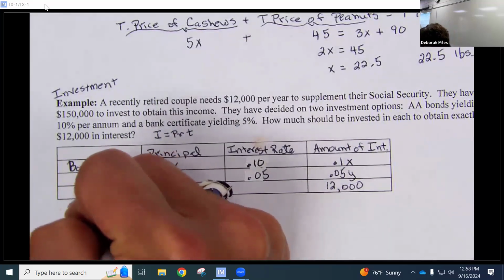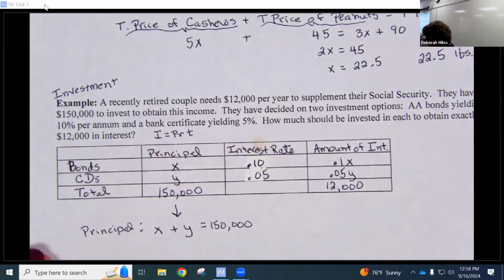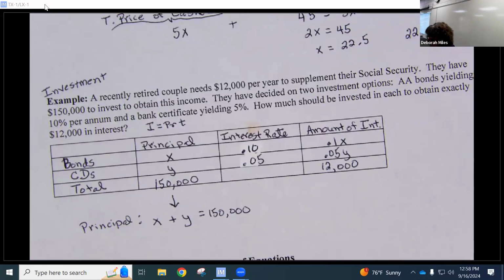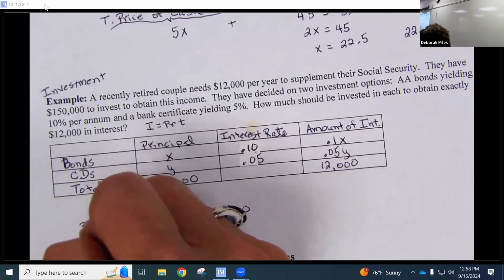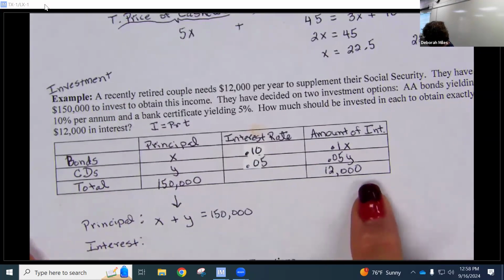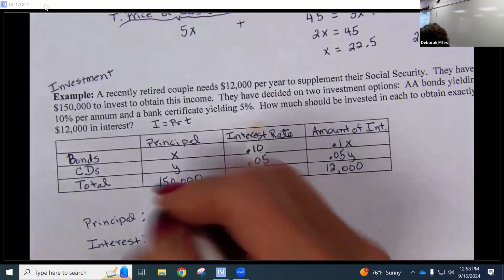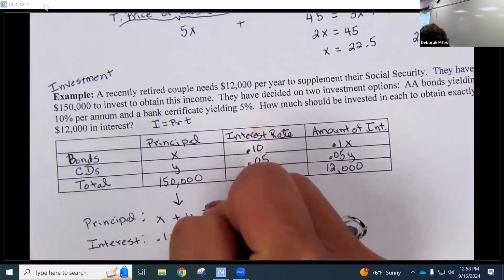That's my principal equation. And then my interest equation comes from that third column. 0.1x plus 0.05y